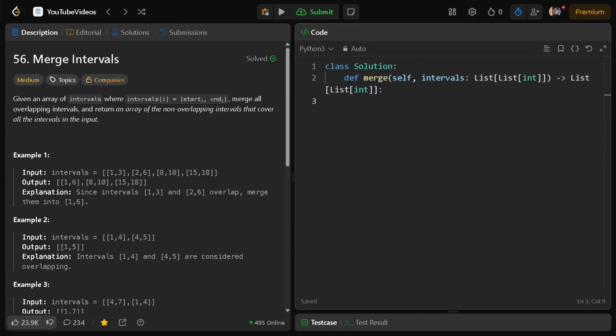Today we'll be solving LeetCode 56 merge intervals. We are given a list of intervals, each with a start and an end. The goal is to merge any intervals that overlap so that the output is a list of non-overlapping intervals covering the same ranges. The key idea is to sort the intervals by the start times, then scan through them one